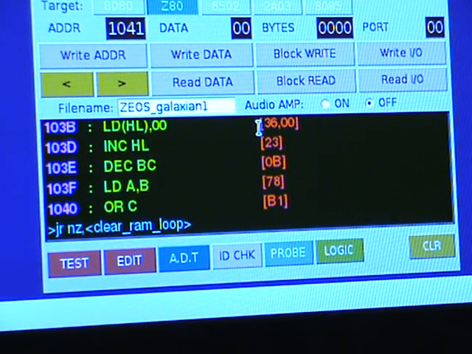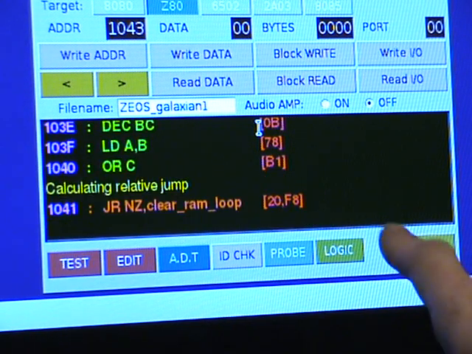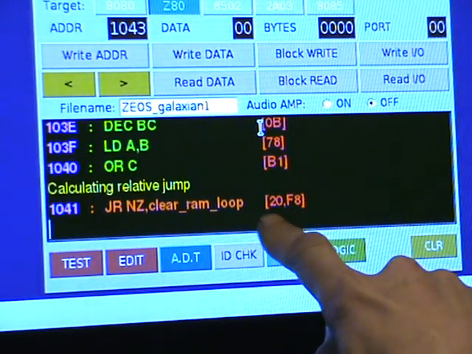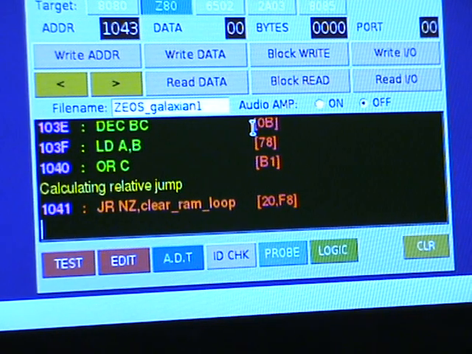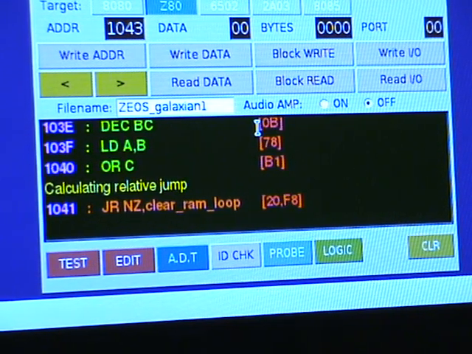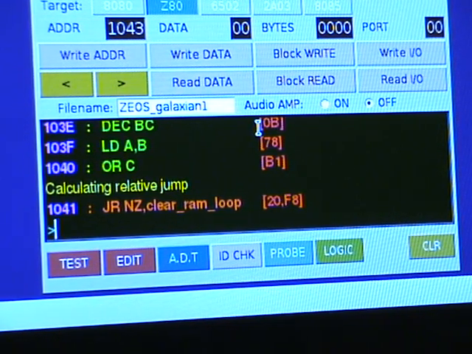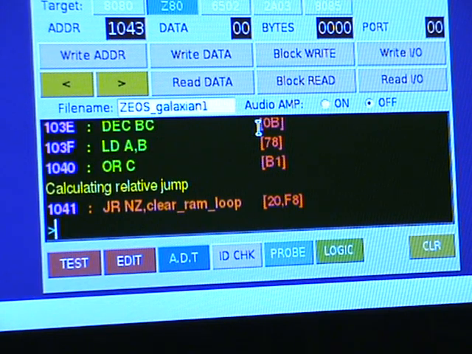And what it will do now is it will do a syntax check on that, and it will also work out the relative jump value to do that, which it has done. F8 is the value it's come back with, so that will allow that to jump back to that point previously. The last thing to do in a subroutine once we're finished is basically return. So we return out of the subroutine,